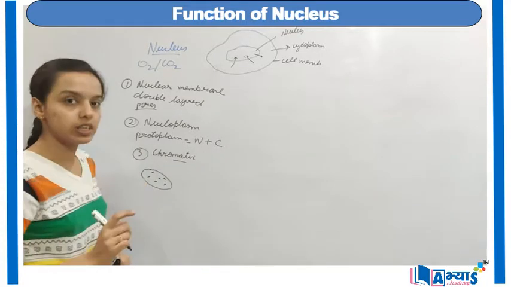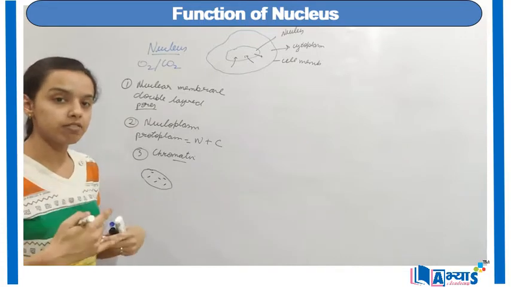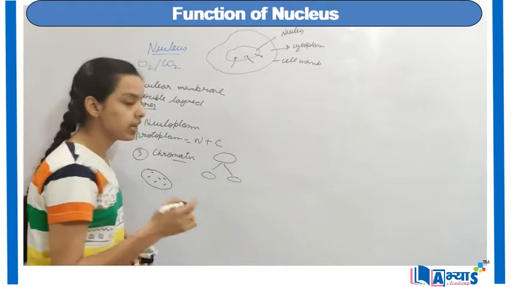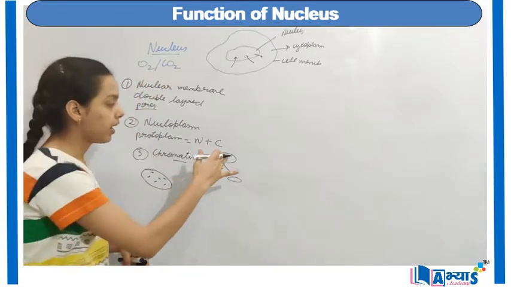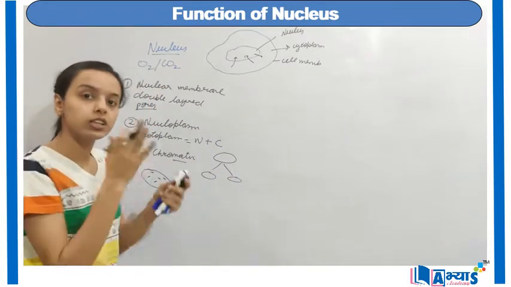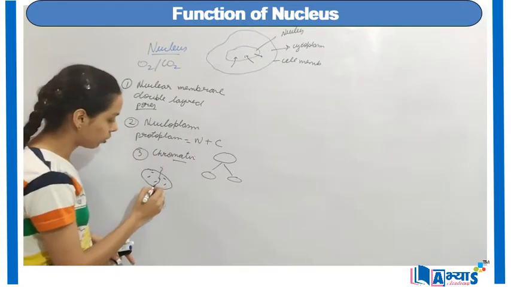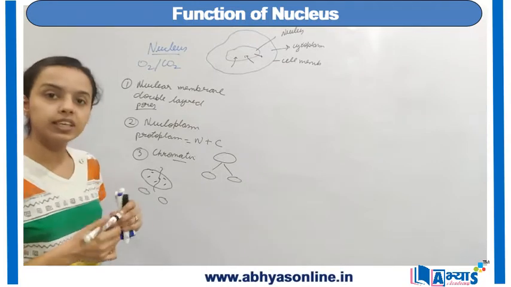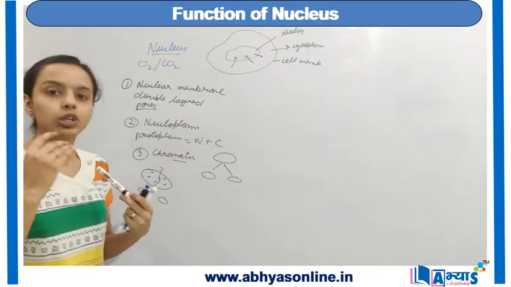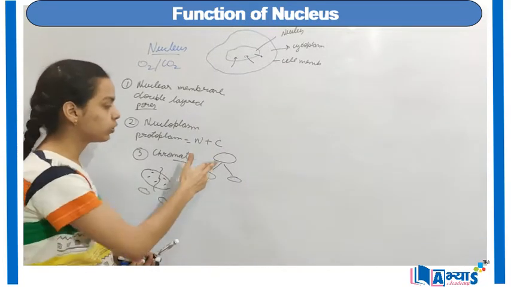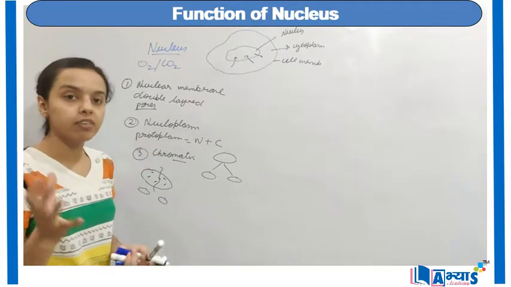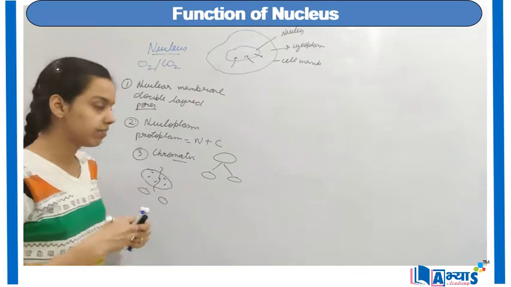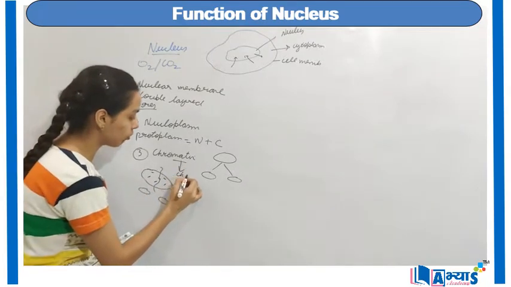These structures are the chromatin, and whenever the cell divides, if I have one cell, it will divide into numerous cells. This is known as cell division, and when cell division is taking place, the nucleus will also divide to form two other nuclei. Whenever there is cell division, there is also nucleus division. When the nucleus divides, these chromatin will condense. That means they will come together, rearrange themselves, and form the chromosomes.